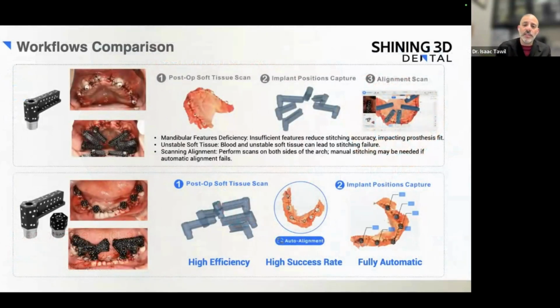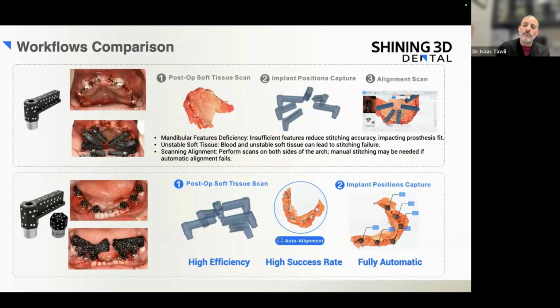We can go through the workflow for the scan matching if you want. But I suggest for surgery, and only for surgery, to use the CAP scan body solution. The CAP scan body has to be erased from the software. You have to boolean it out. So it's better to use this in a non-healed ridge. In a healed ridge, I'd rather use the scan matching above. But in a surgery, I like to use the CAP scan body. It makes it very easy.